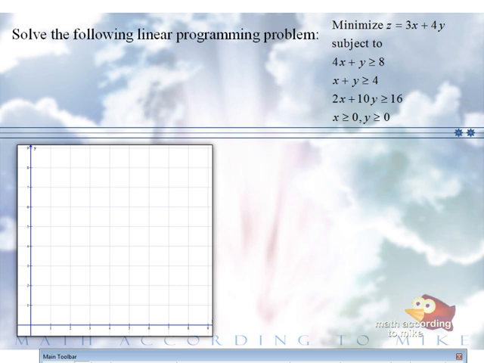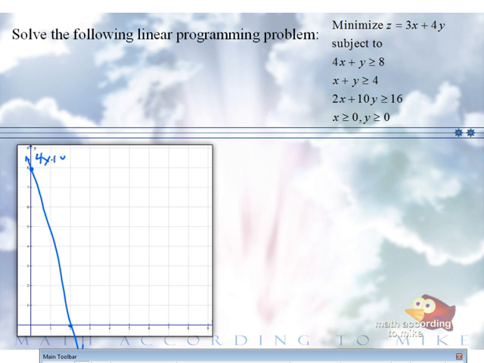What's the x-intercept there? 2. What's the y-intercept? 8. Are we making a solid or a dotted line? Solid. Let me bring my ruler. So this is 4x